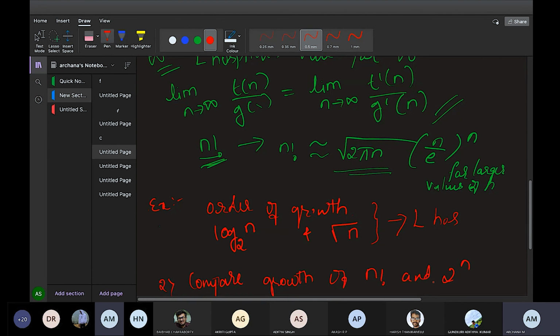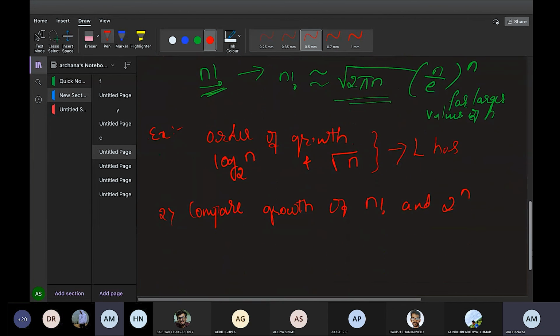And this one, n factorial and 2 to the power n. Since n factorial is there, you have to solve it using L'Hospital's rule. But the very important thing is, wherever n factorial is there, substitute n factorial with this formula, that's all. This one also you have to solve with L'Hospital's rule. First one also you have to solve with L'Hospital's rule. So that is what you have to show me. What will be the growth? Whether T of n is smaller than G of n, or T of n is equal to G of n, or T of n is higher than G of n. You people have to show it to me.